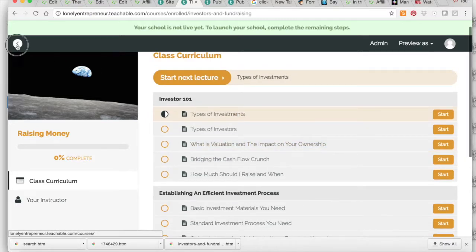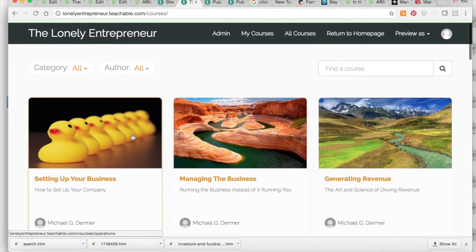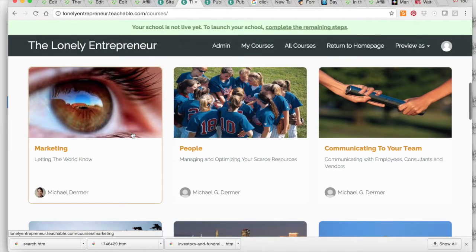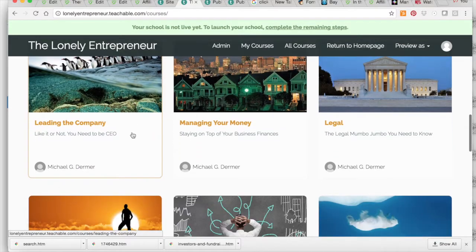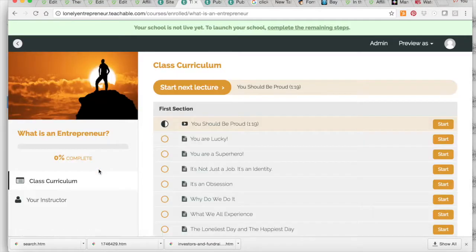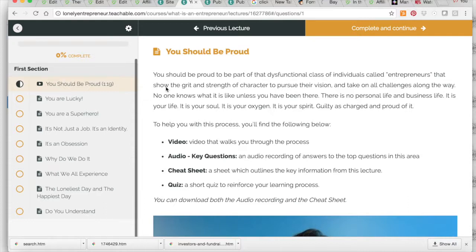Okay? And so every single one of these courses is organized in this manner, and you can go into any one of the courses as you see fit. And like I said, they're organized into all the business and personal issues that we face as entrepreneurs. Now, within each of these courses and the individual lectures, you'll have a series of tools, right? So if I go into the course called What is the Lonely Entrepreneur, right, and I go into this particular lecture, you'll have a series of tools, which includes a brief description, as well as a video, usually 3 to